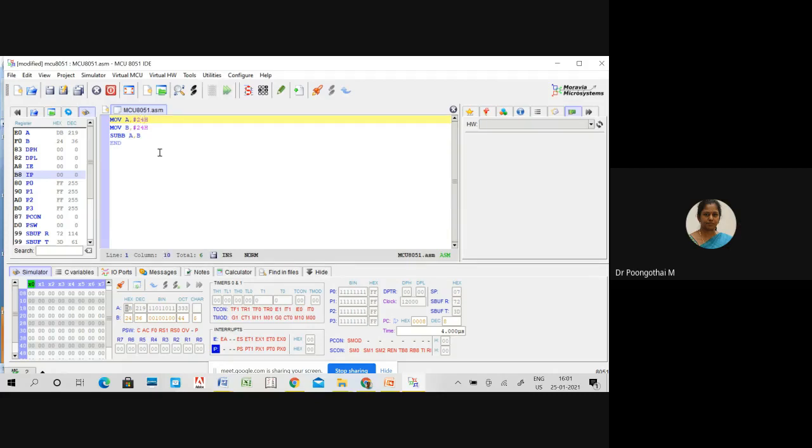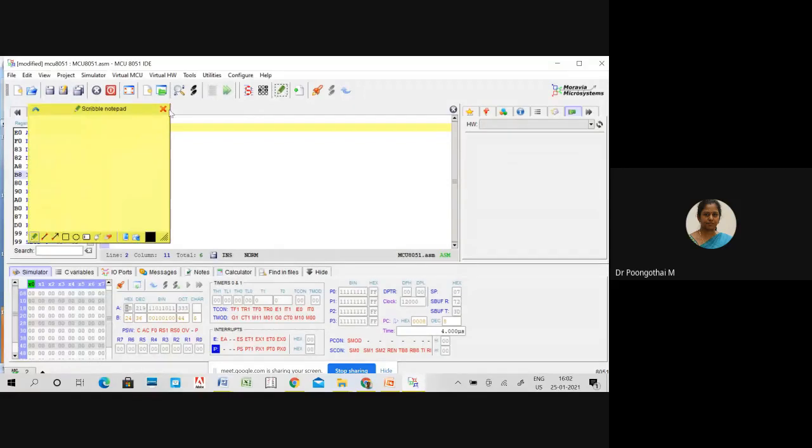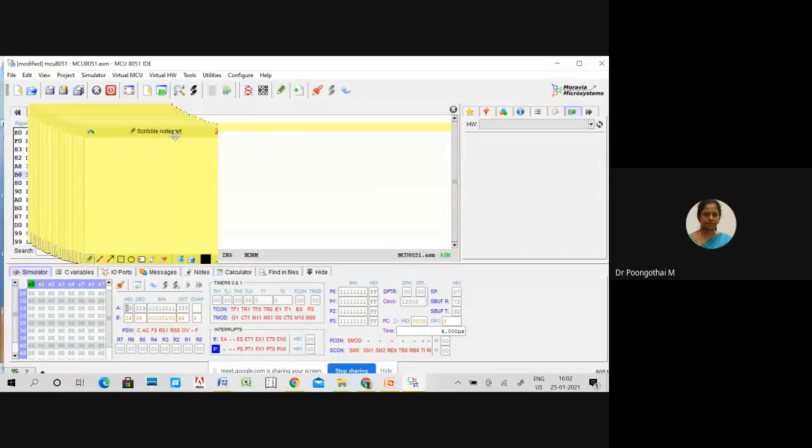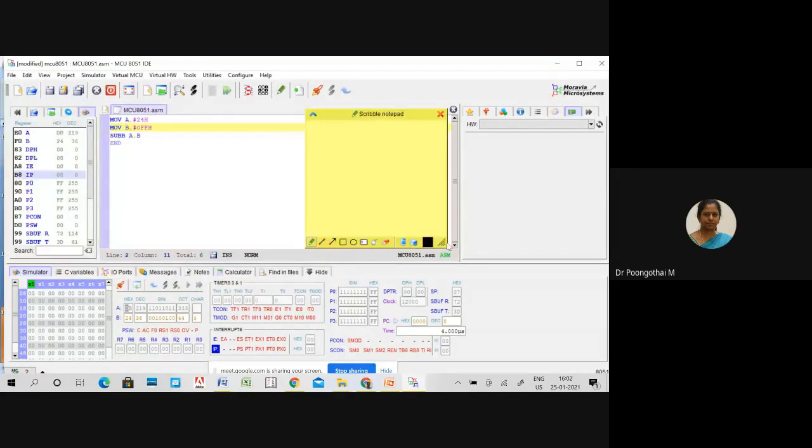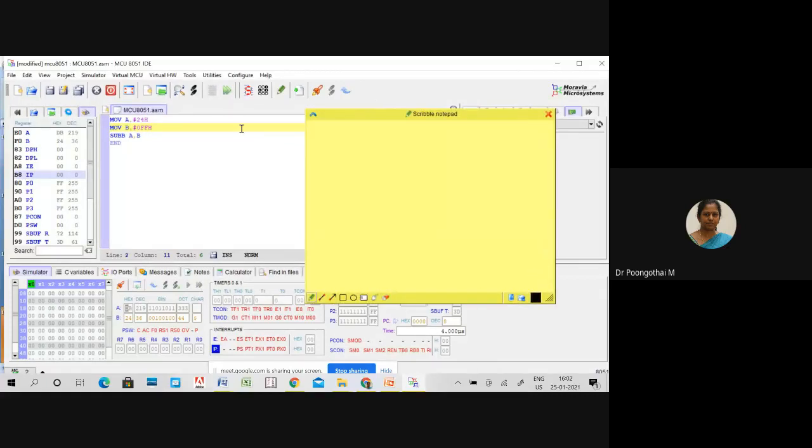Enter 24 and 0FF, which means FF is subtracted from 24.